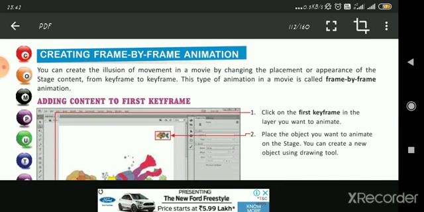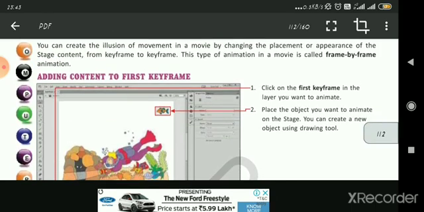So by changing the placement or appearance of the stage content from keyframe to keyframe, this type of animation in a movie is called frame by frame animation. Okay, so we can move the clip from one place to another place. It is so fast that we don't recognize it. So this thing is done by the process which is known as frame by frame animation.